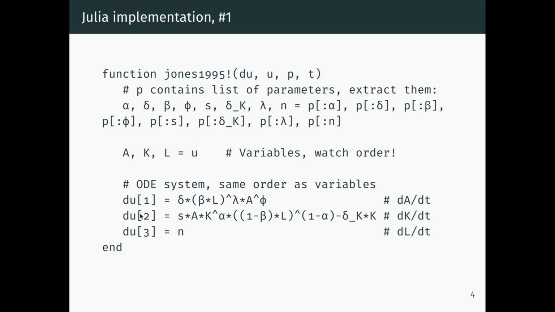The second differential equation is the capital accumulation equation. Also here you can see that's actually a word by word, symbol by symbol translation of the equation that we saw earlier. So also nothing new here. And the third element is the change in population, which we assumed is constant. So this change in population is just this constant parameter n that we have defined in this list of parameters p. Now that already defines our Jones model,